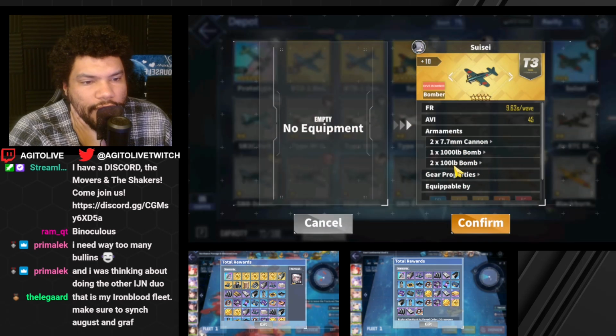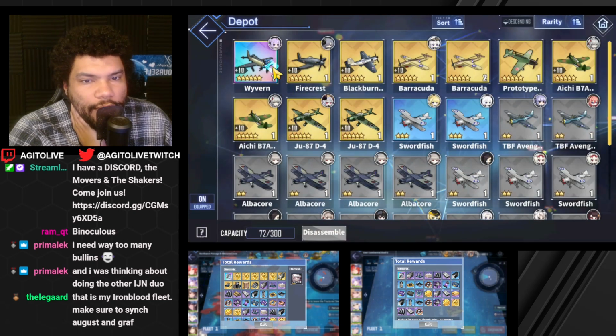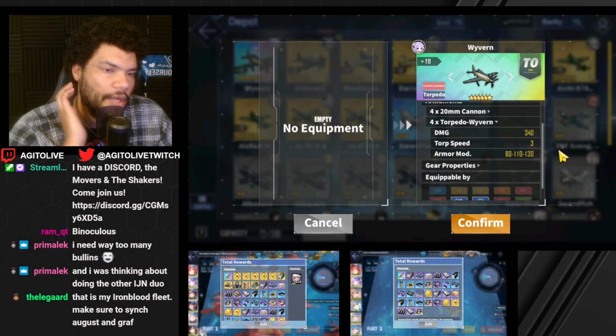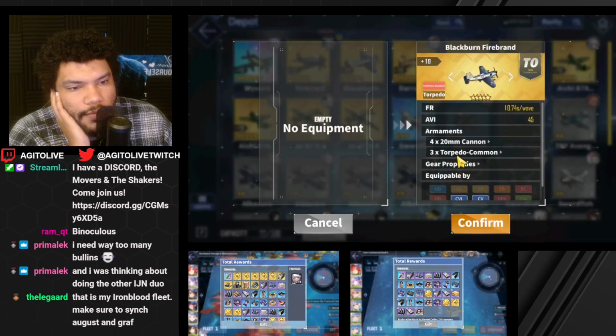I don't know if the Suseis have something different. Medium to heavy armor, yep. And then for torpedo bombers, you already know the Wyvern, because of the way it drops. Again, medium to heavy armor, but remember they're parallel, so they're good for mobbing. And then I didn't know this Firecrest had Sakura. That's interesting. The Blackburn torpedo